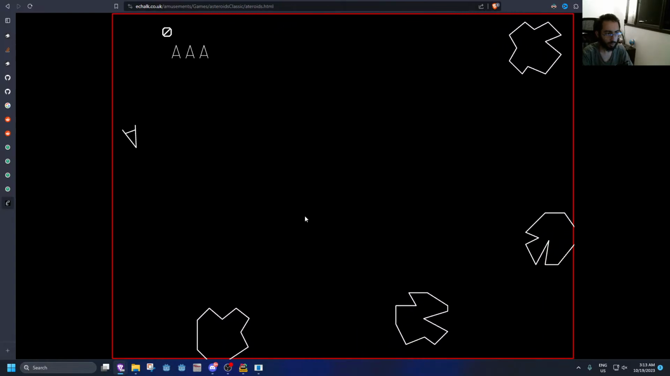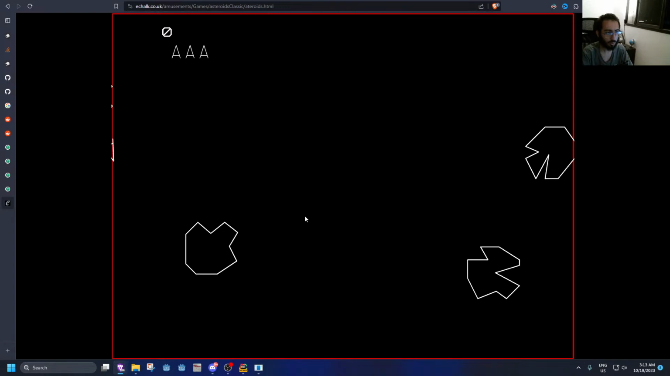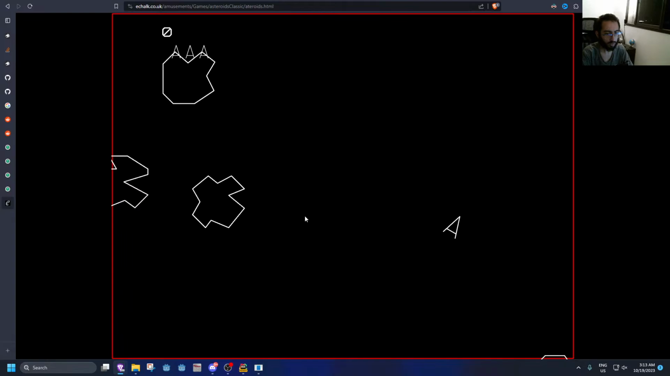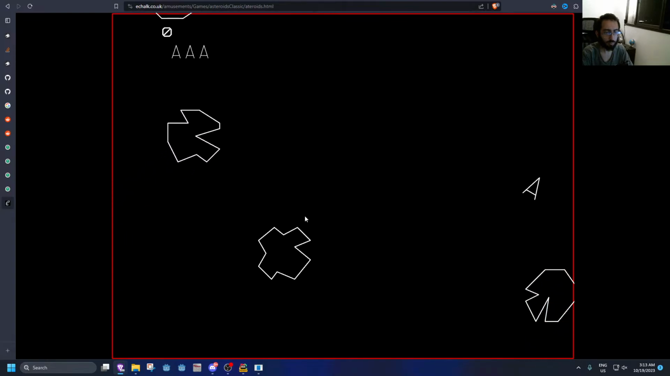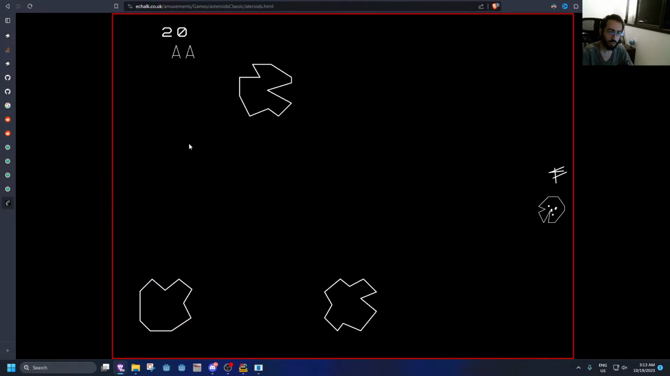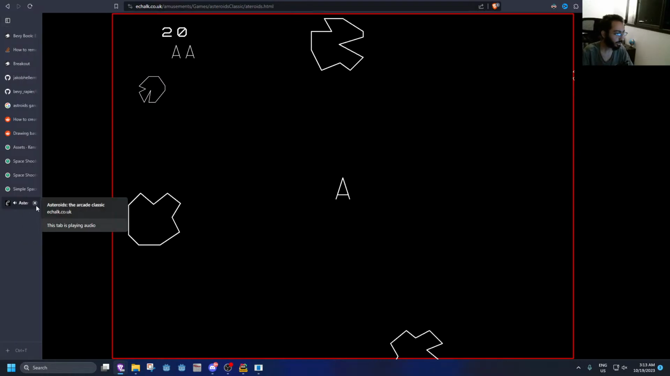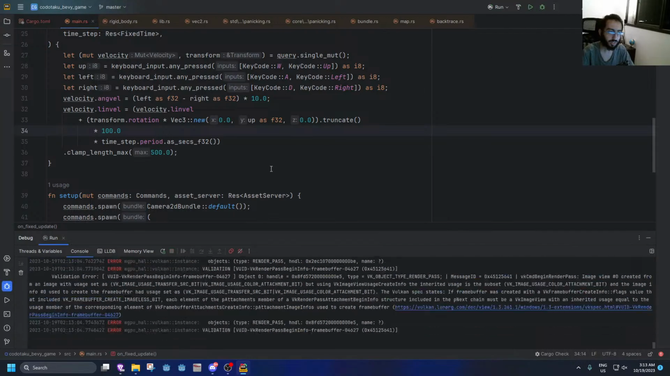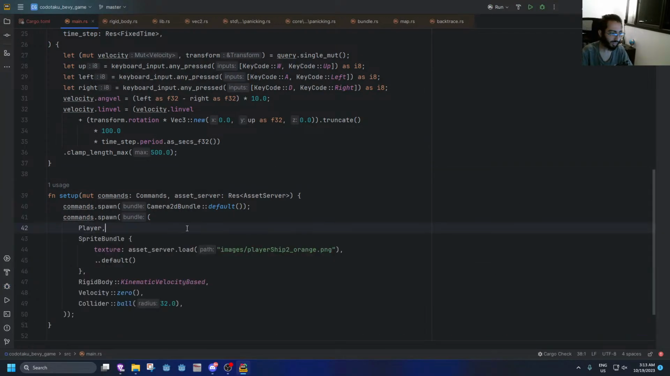Yeah, it does stop after a while. Yep, there is some little friction there. I wonder how realistic that is in space. Anyways,